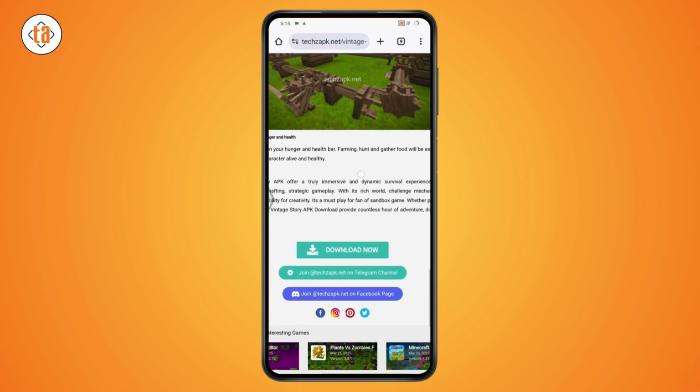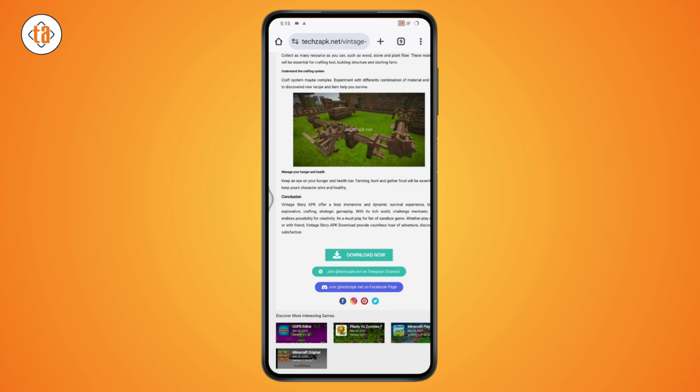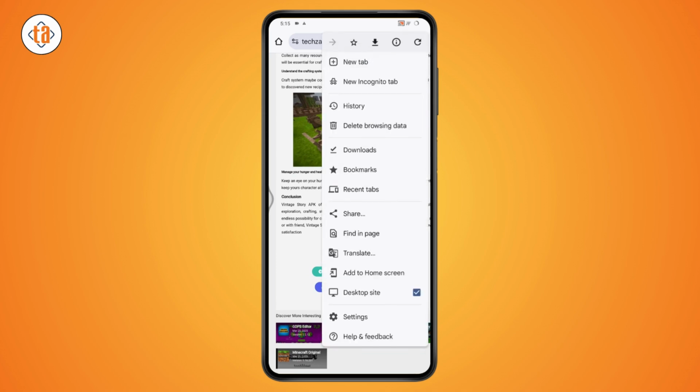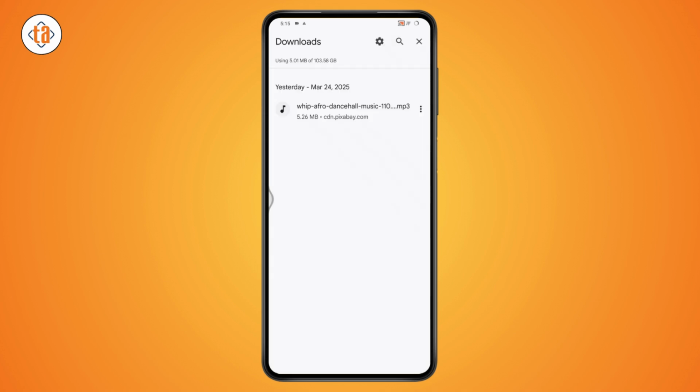It will download the file. After downloading the file, you can go with downloads, which is on the top right. Tap on the three dots and then tap on download option. And here you will have all of your downloaded files. You can just simply tap on the downloaded file and it will start the installation process. That's how you can download